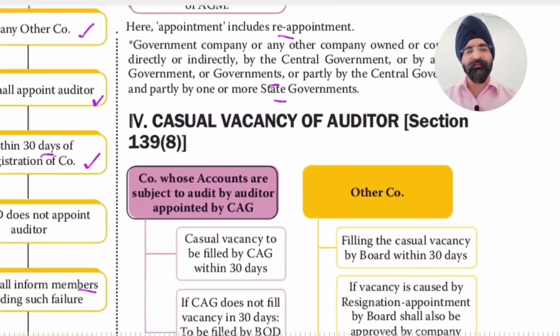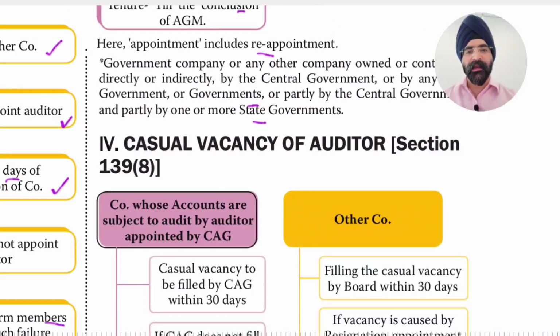Okay. Casual vacancy. Casual vacancy of auditor, section 139, subsection 8. So all audit relates to section 139. Casual vacancy of auditor: if during the tenure the auditor chooses to resign, either he can resign or there can be other reasons for casual vacancy. Now,